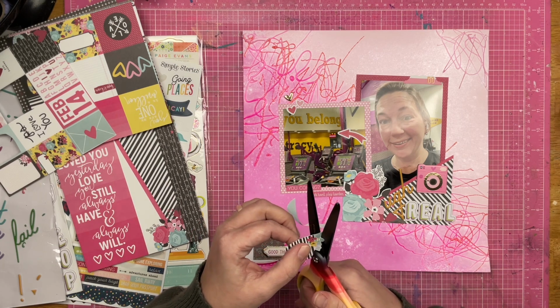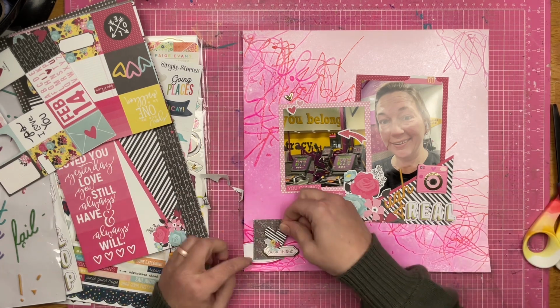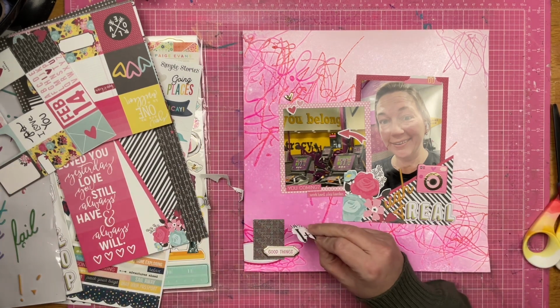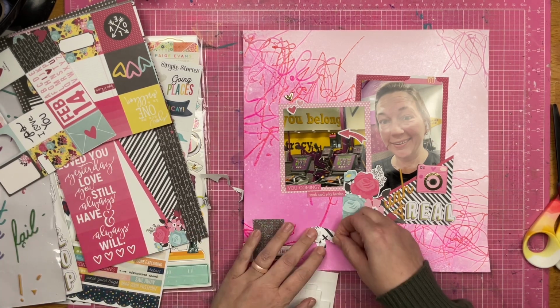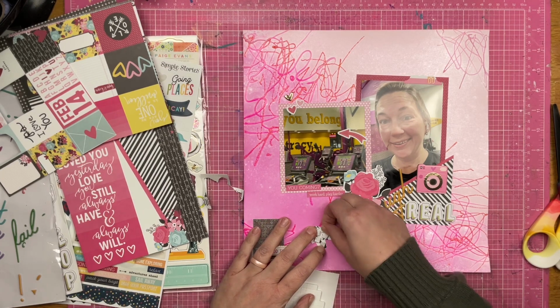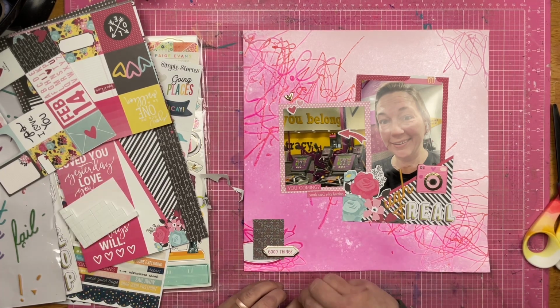Oh, goodness. Paige Evans, whatever that collection is that she's got over there with the chipboard. So you don't have to use your themed products for super theminess, right? You can pull things from them and make them work for you. Now, I am going to put a heck of a lot of hearts on this layout, and that is